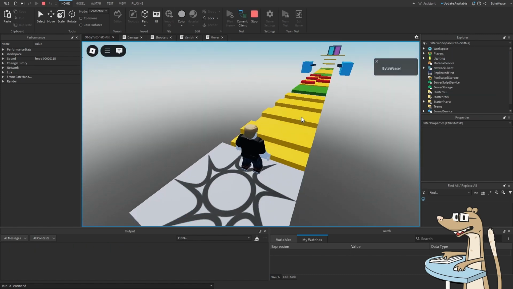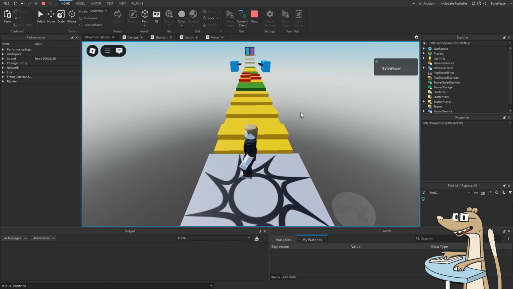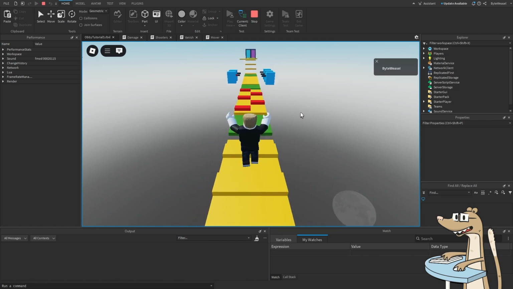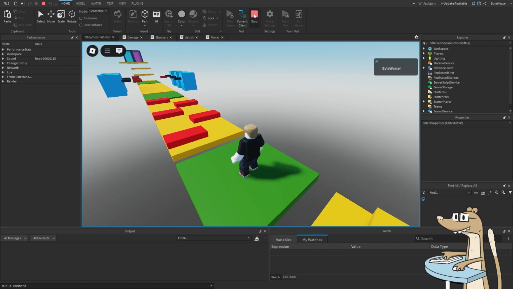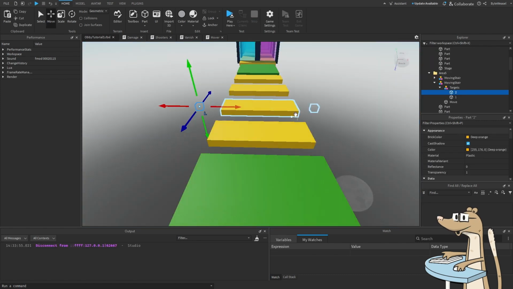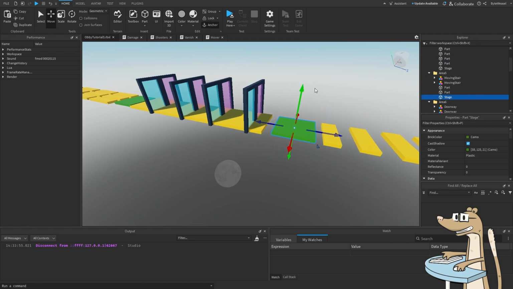But we're still at the point where if you fall off, you start from the beginning every time. So I think now is the time to fix that by adding a new checkpoint system into our game. The way that we created these areas originally is that each area has this safe stage part on it